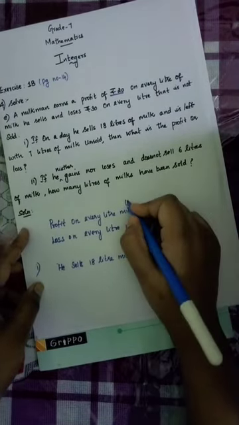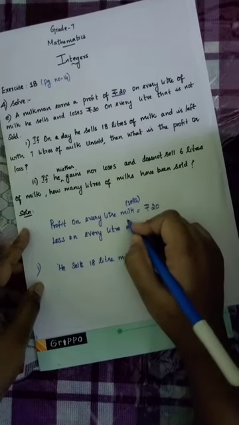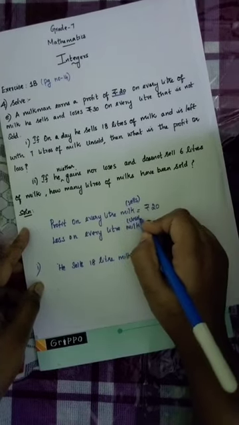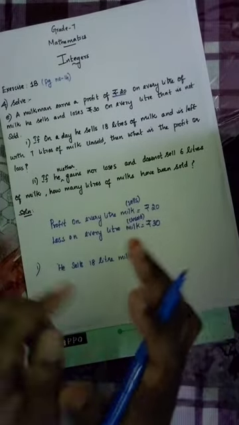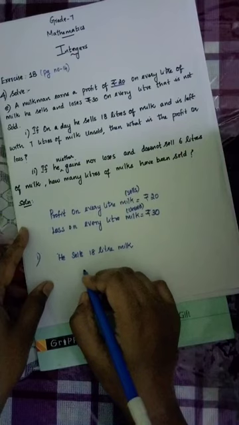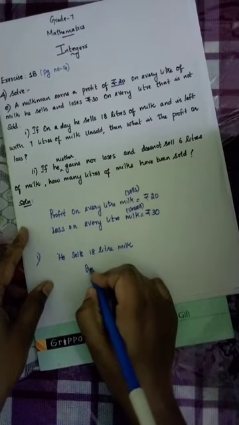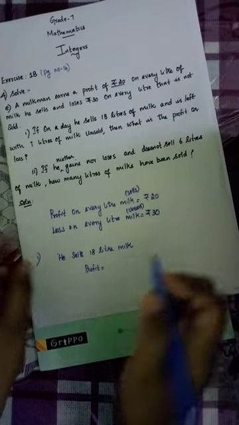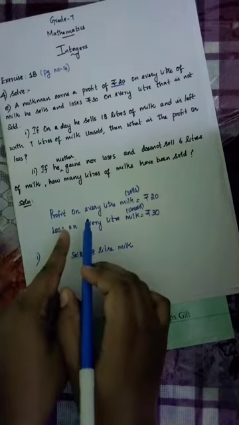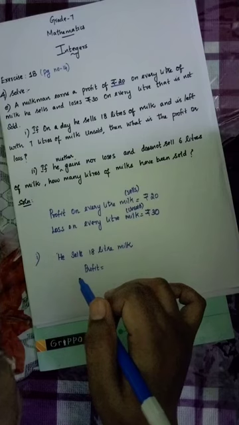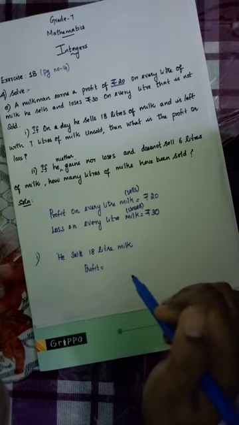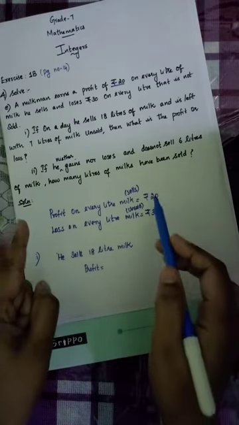Profit on every liter milk is equal to rupees 20. This is sells, this one unsold. Okay, keep it in mind. Profit means he is selling. He is selling 18 liter milk, so it is a profit. So we are going to find the profit. So profit is equal to, how will you find? Profit on 1 liter milk is 20. Here the milkman is selling 18 liter of milk.